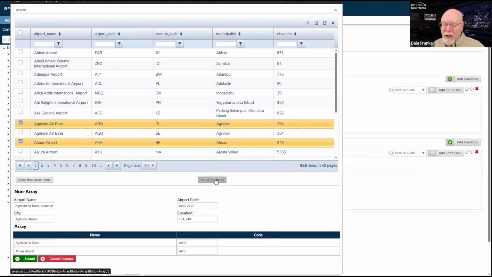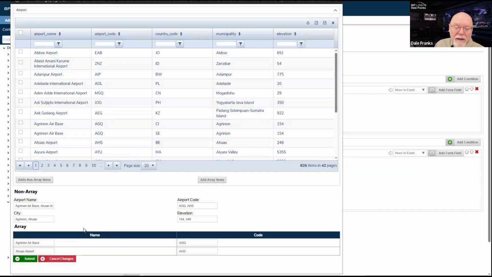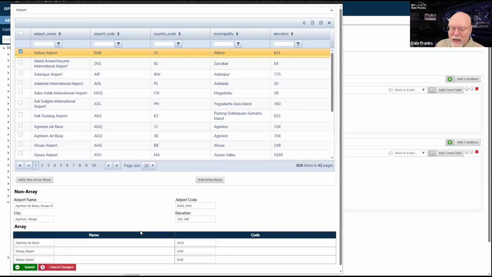So when I hit add array items, it's just going to add my items to the array. But there's a trick here too, because I've added these 2 items, they're selected. And now if they're unselected and I go back in and say, okay, well, I want to add another item and add an array item.